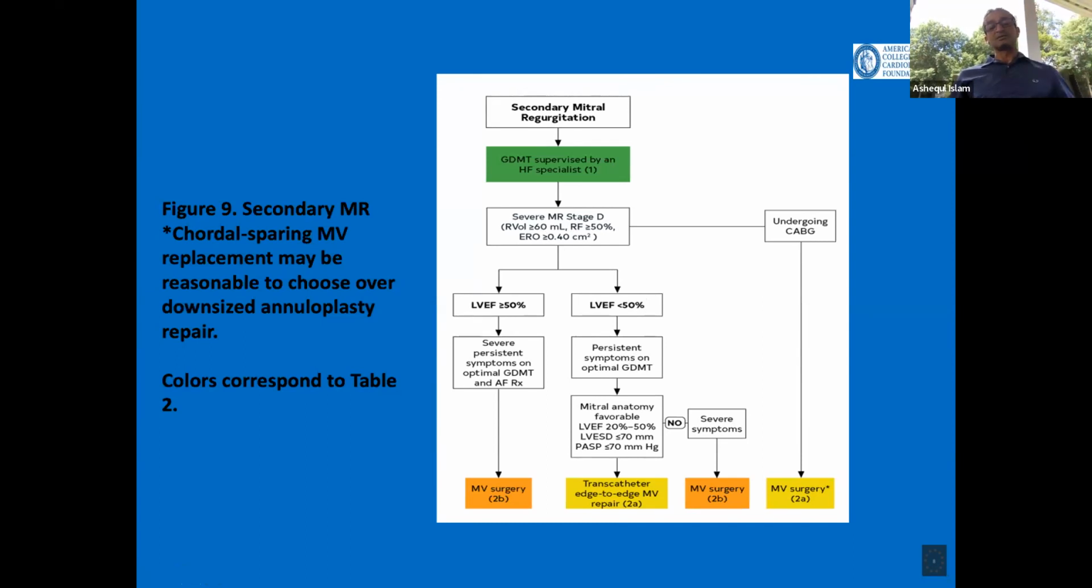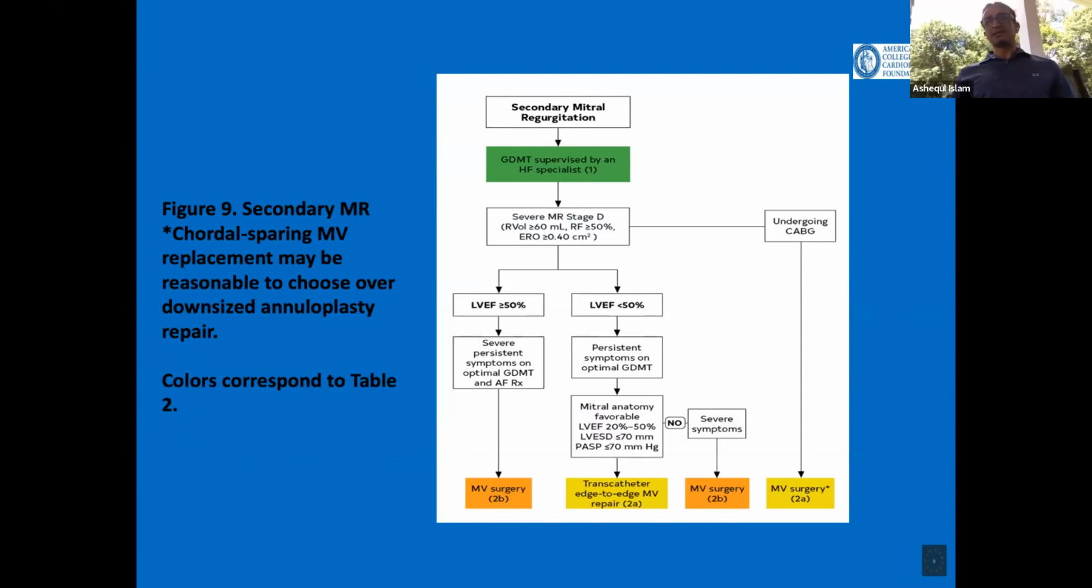Sometimes the surgeons have a hard time accepting that, but we remind them there is no data showing that surgery is going to improve outcomes at all in these secondary MR patients if they have already developed LV dysfunction and dilatation. So in those patients, therapy is mainly guideline-directed neurohormonal therapy optimization over time. CRT, cardiac resynchronization therapy, can be considered, of course. And